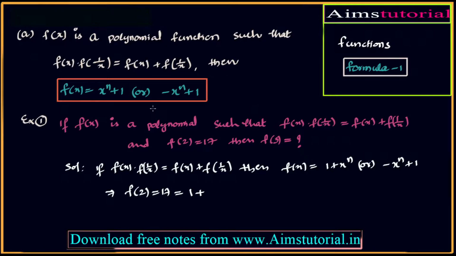Our first model is: f of x is a polynomial function such that f of x into f of 1 by x equals f of x plus f of 1 by x. Then f of x equals x to the power of n plus 1 or minus x to the power of n plus 1. If f of x is a polynomial function, f of x into f of